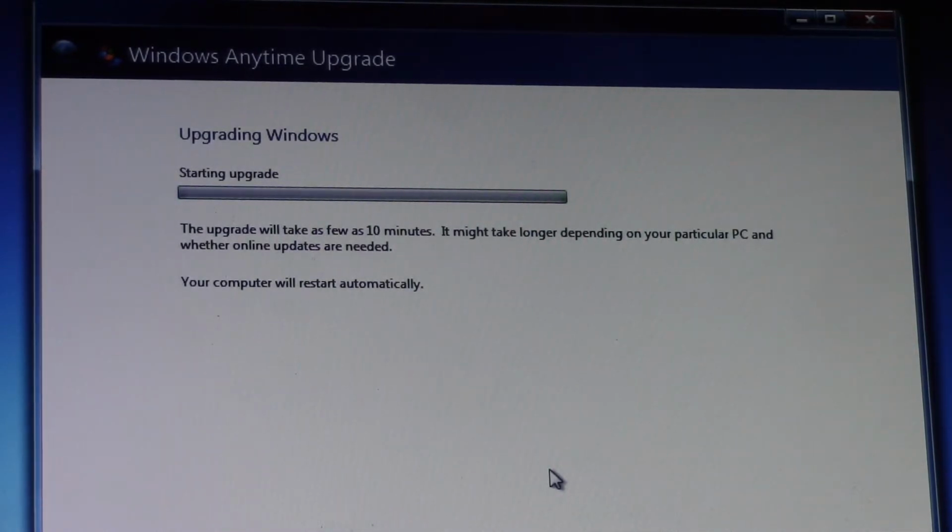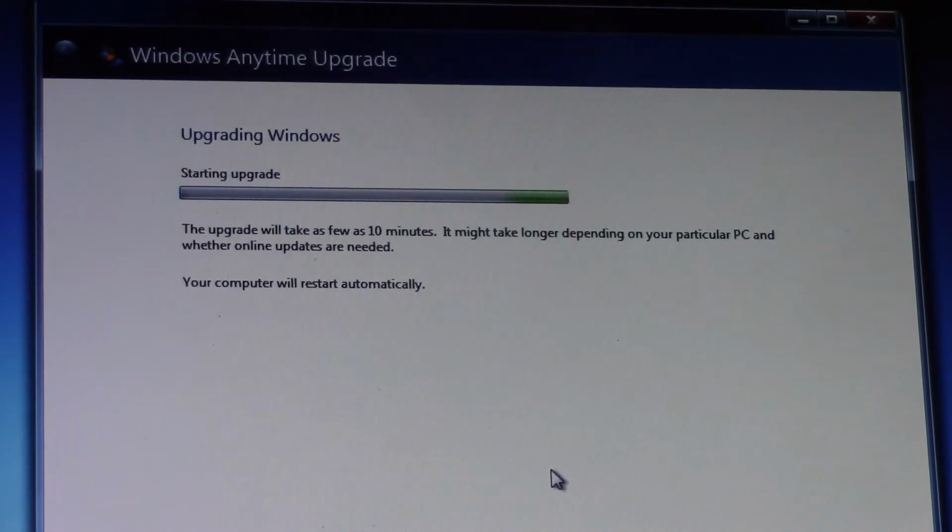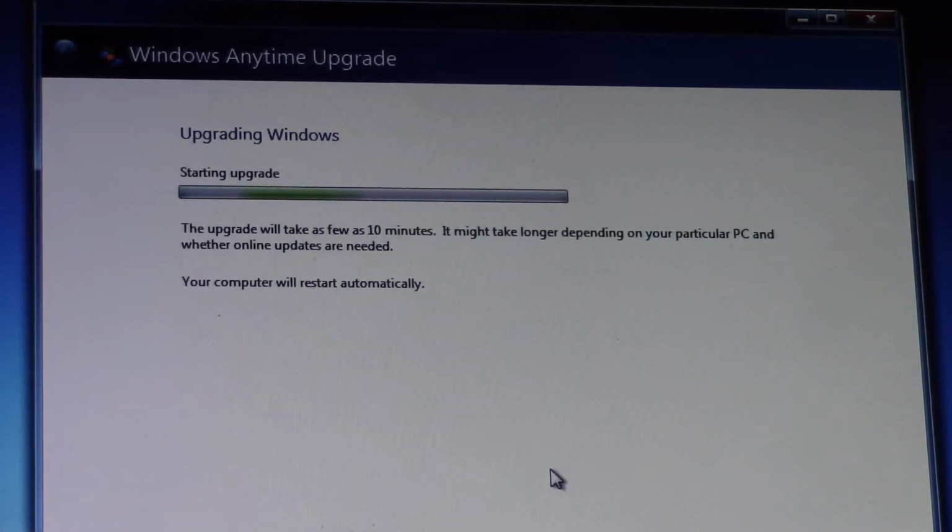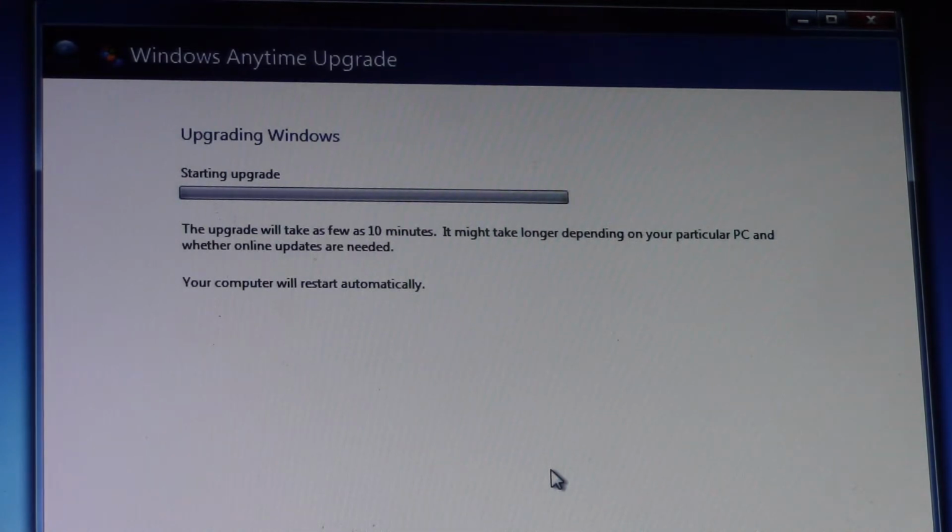So Windows 7 is still not dead, and even if, and I know Google is planning to drop support for Windows 7 next year, and Mozilla is going to be putting Windows 7 on their ESR, Extended Support Release. Jeez, I can't get my acronyms right. But yeah, they're going to be putting Windows 7 on the Extended Support Release next year. But even still then, Windows 7 will still be getting paid Extended Support updates, and even when Windows 7 does officially lose all Microsoft support, including paid extended security updates,